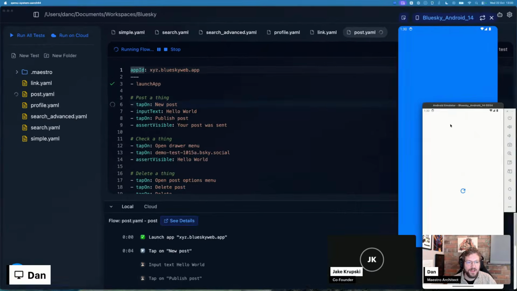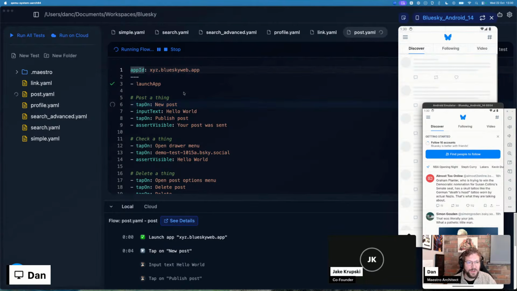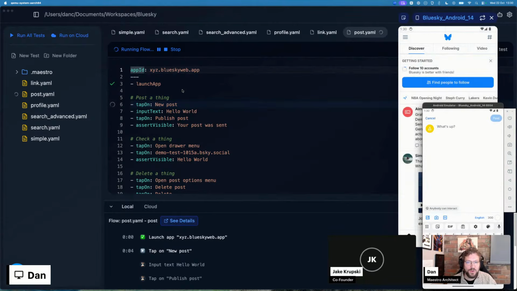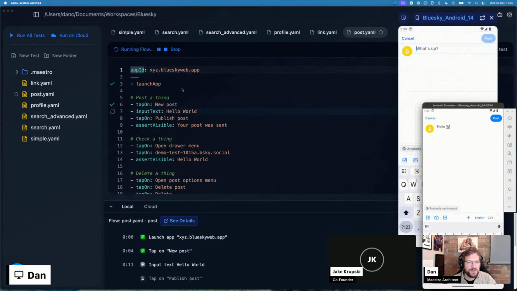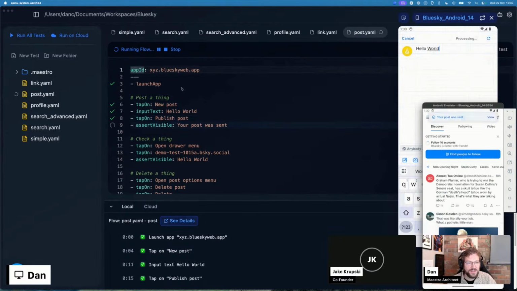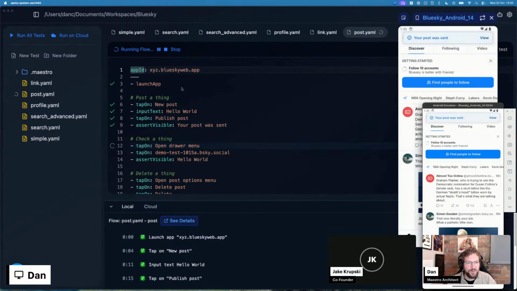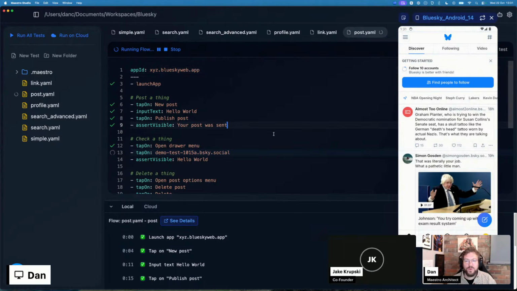Let's watch it on the emulator just to make sure we catch it. So we go new post. We say we want hello world. We're then going to hit the post button. We're then going to see our little toast success message, and we're going to try and open the drawer menu, but the drawer menu doesn't work because the toast message was in the way. So the way we'd fix that